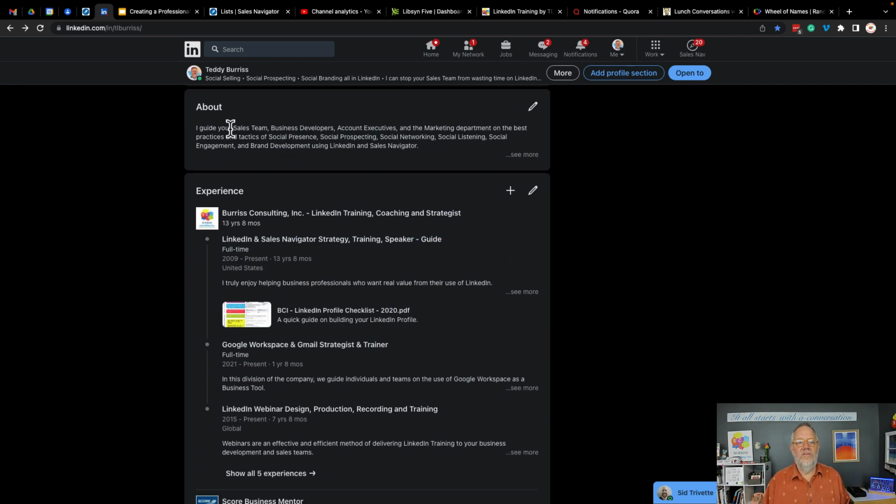All right, here's the next big section, your about section. You get 2,600 characters in this field. However, no one will ever see it if you don't first get their attention in these first 3 or 4 lines. So in these first 3 or 4 lines, stop vetting yourself. Stop telling people how many years you've been doing this. Stop telling people all of these self-gratifying statements.